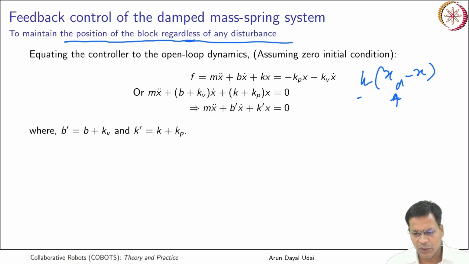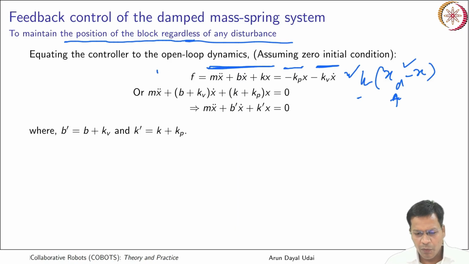So effectively what you see here is Kp into x, with the negative sign coming from here. Similarly for velocity. Because it is the force which actually drives your second order system, the force balance equation for that second order system is this. You already know this: M is the mass, B is the damping, K is the stiffness. So this is what you should get.